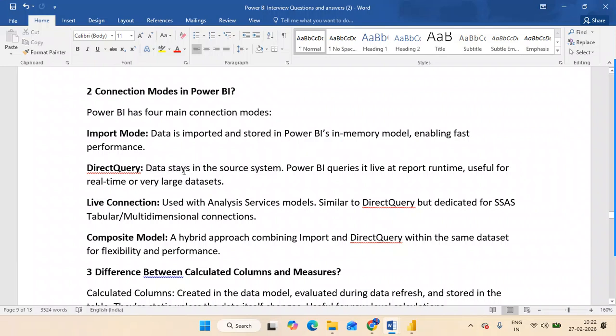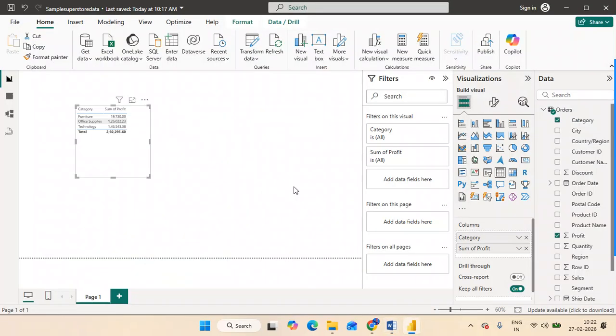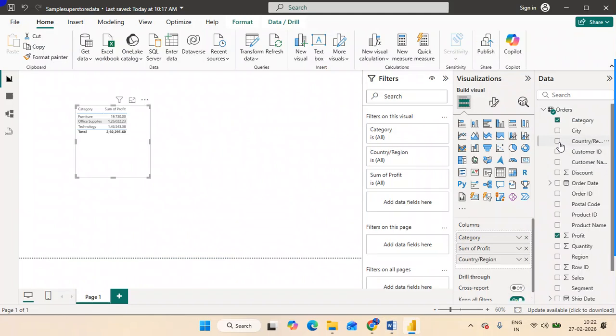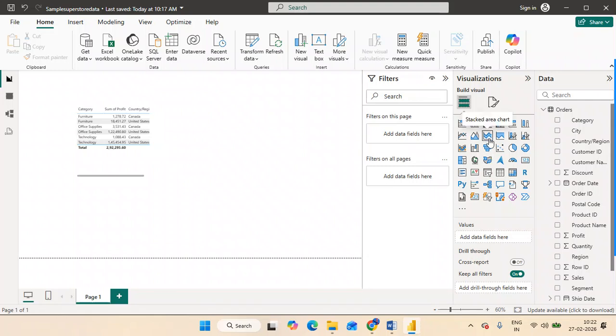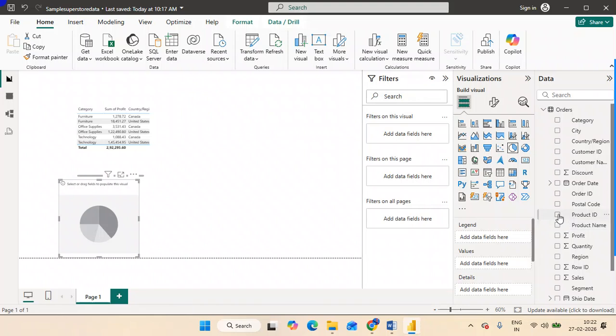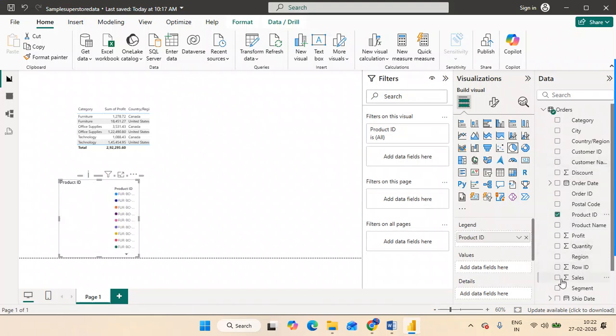But you can face some performance issues in direct query, because whenever you perform some operation, every time it has to go to the data source level and bring the data, so that takes a lot of time.